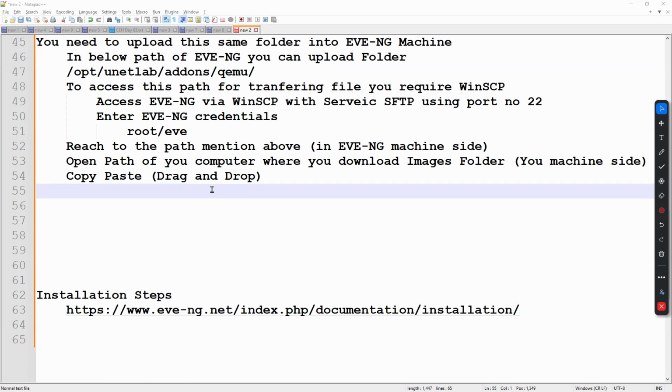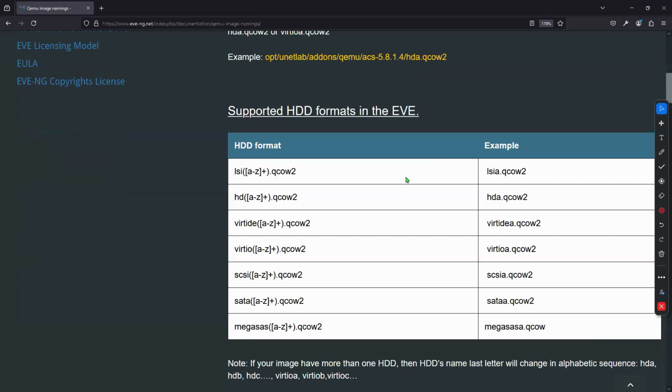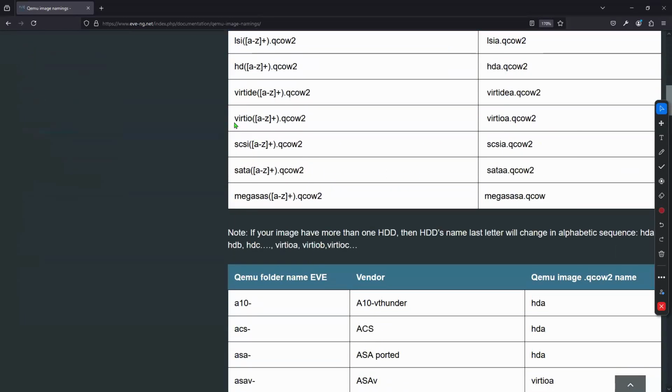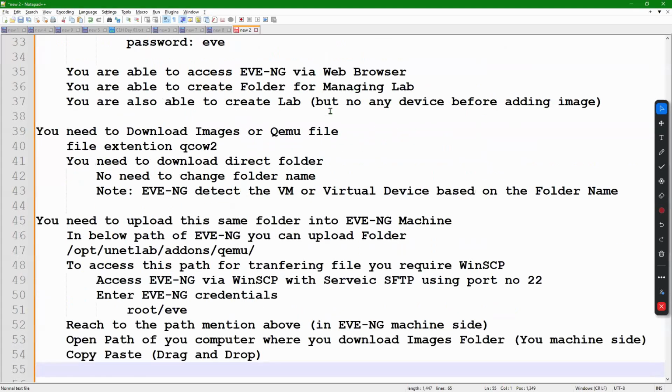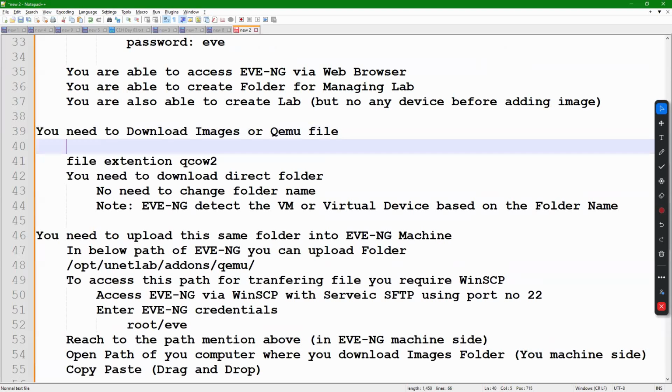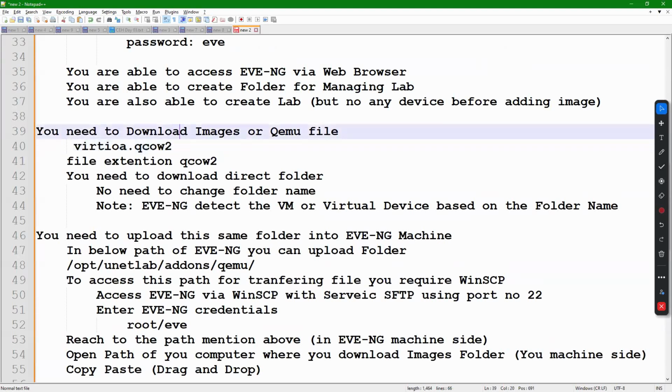Otherwise, mostly all images you will find with this simple name. What image we are providing, that is this name. All images have the same name. As I told you, image name is not the matter here.